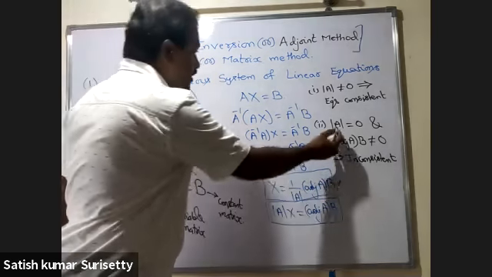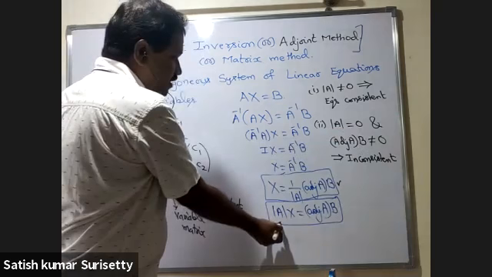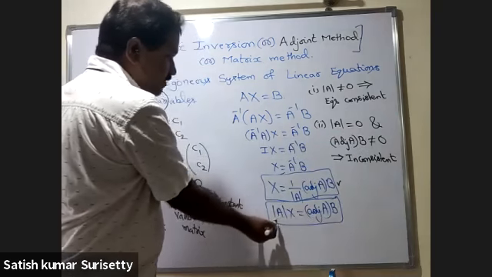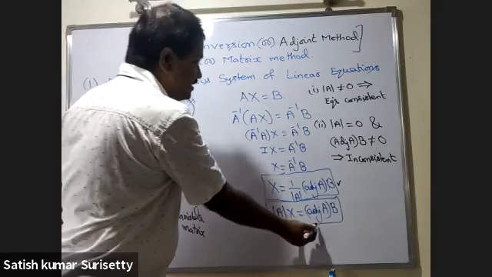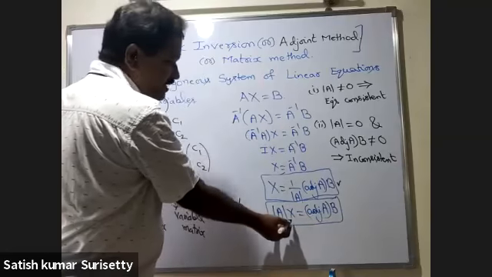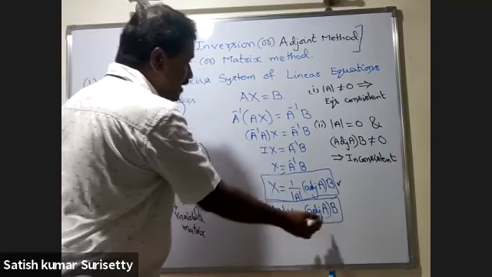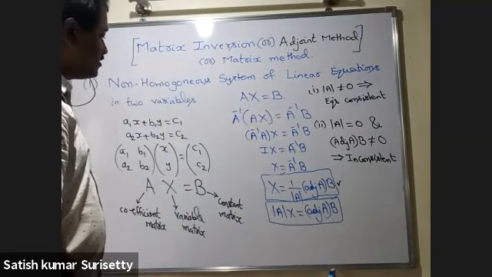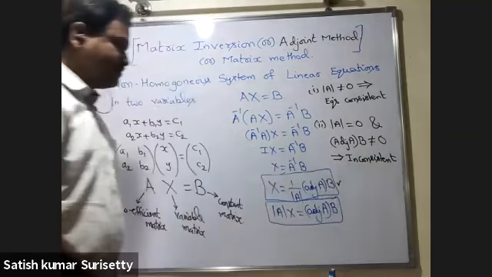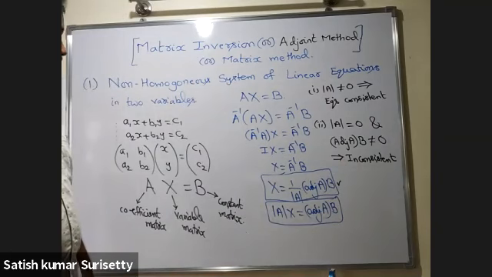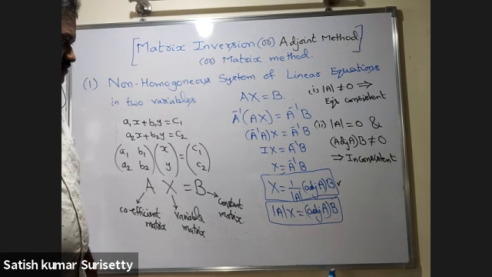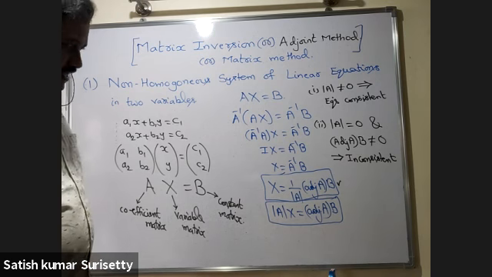Here, determinant of A is 0. That means if you observe the second one, left side will be 0 and right side will be non-zero. That means you cannot find X such that this equation will be satisfied. That's why the system of equations is inconsistent. Geometrically, the straight lines are parallel under this case.